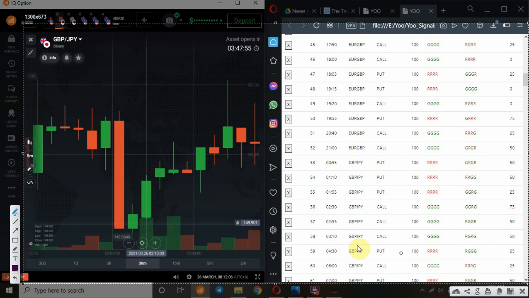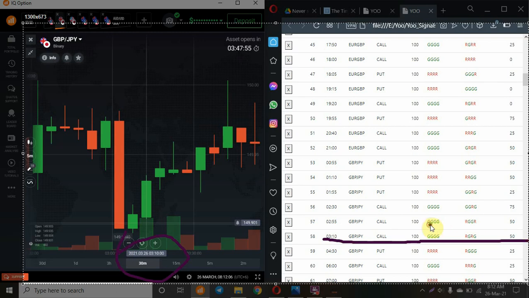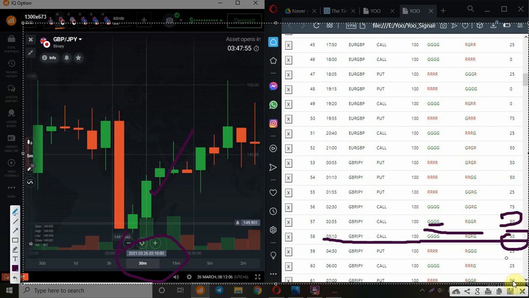Just look at this, and this is the time. So it wins directly, because we follow the previous maximum color and also the present maximum color, and the in-and value is 50% here. So it wins directly. As I say, 50% means it can win directly, or it can win on martingale one step, like the previous one. I hope you got this point.